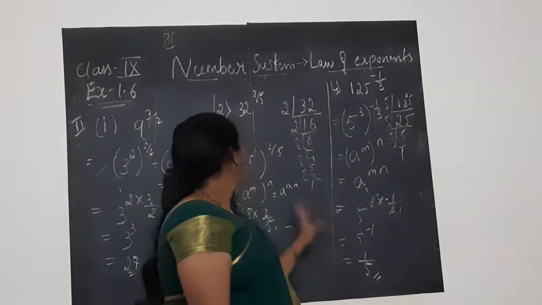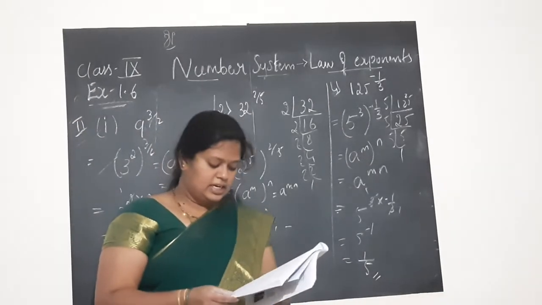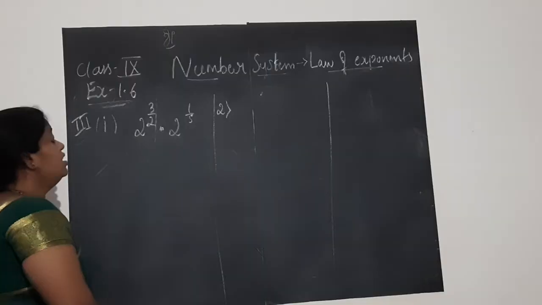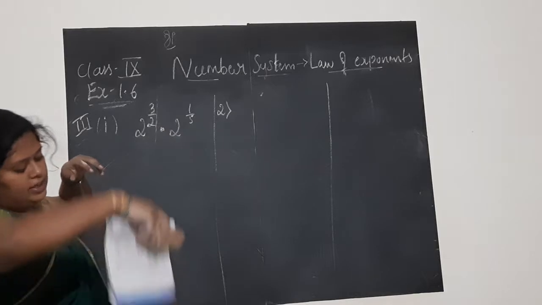So this is about the second main, children. We are left with the last main. Third main, again it is simplify. We shall do it now. Third main, children. First question is 2 to the, again simplify or find, I think, sorry.